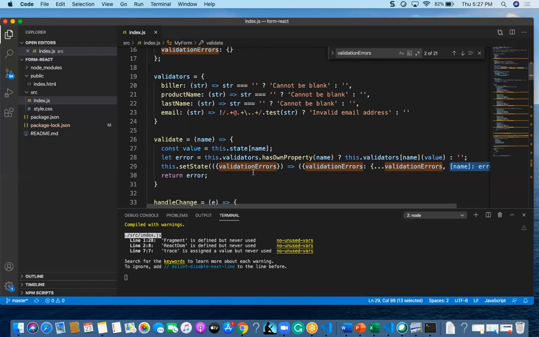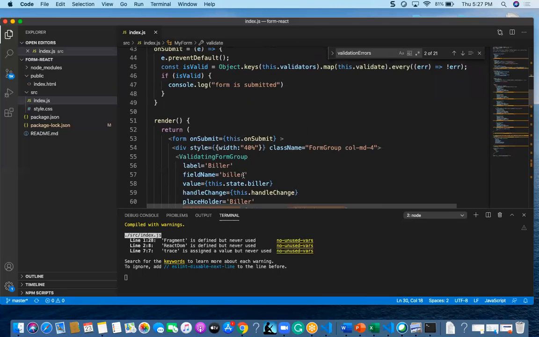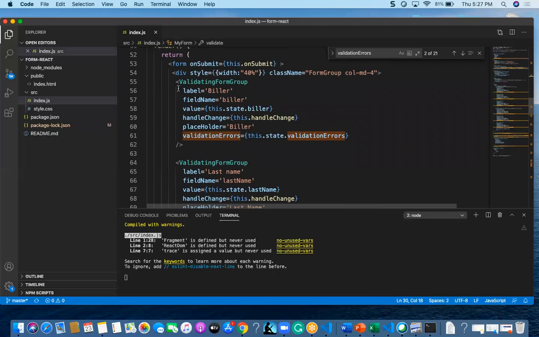If there is any problem with the first name, last name, or email, the respective error will come and be stored in this validation errors state, and it will be displayed at the bottom of the form group, below that input text box.